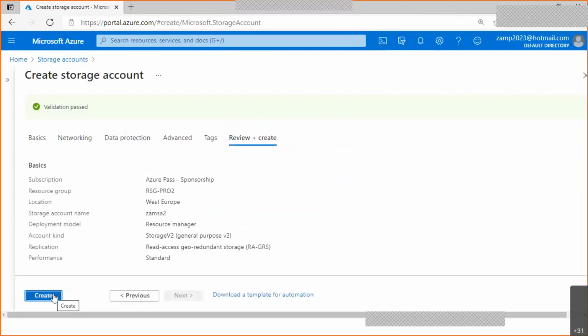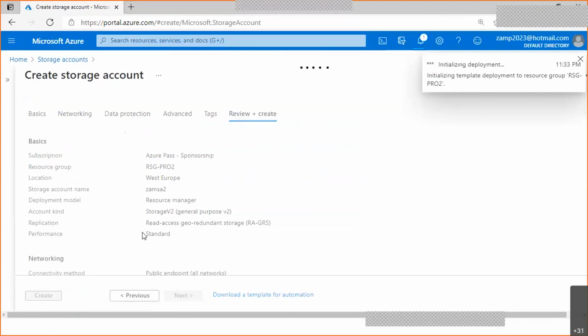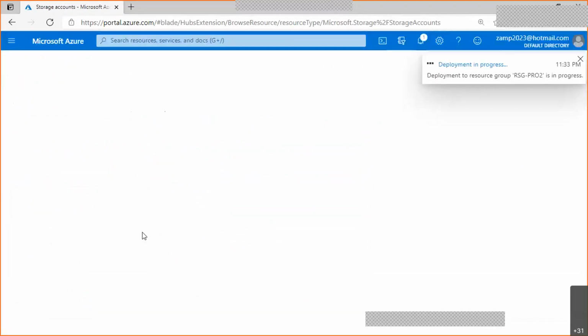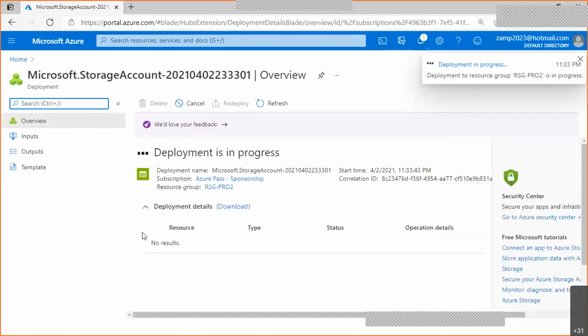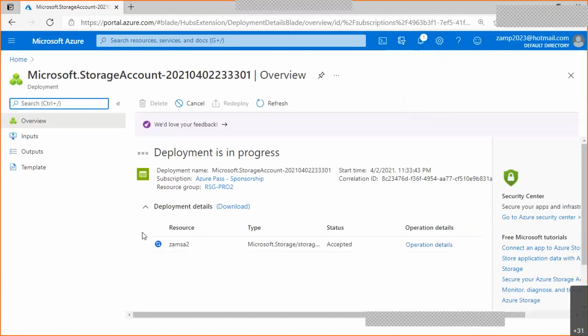Then click on create. Once you click create, guys, so your second storage account is, so guys, deployment is going on. So wait,